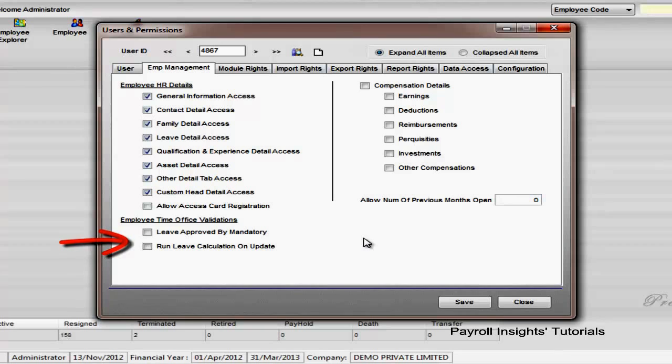Below we have a section which is applicable only when you have time office. The first option is leave approved by mandatory. If checked, then leave application can only be made when the approver is specified. Next is run leave calculation on update, which when checked would make leave calculation run automatically when leaves are updated. On the right hand side, we have allow number of previous months open, which restricts the number of months a